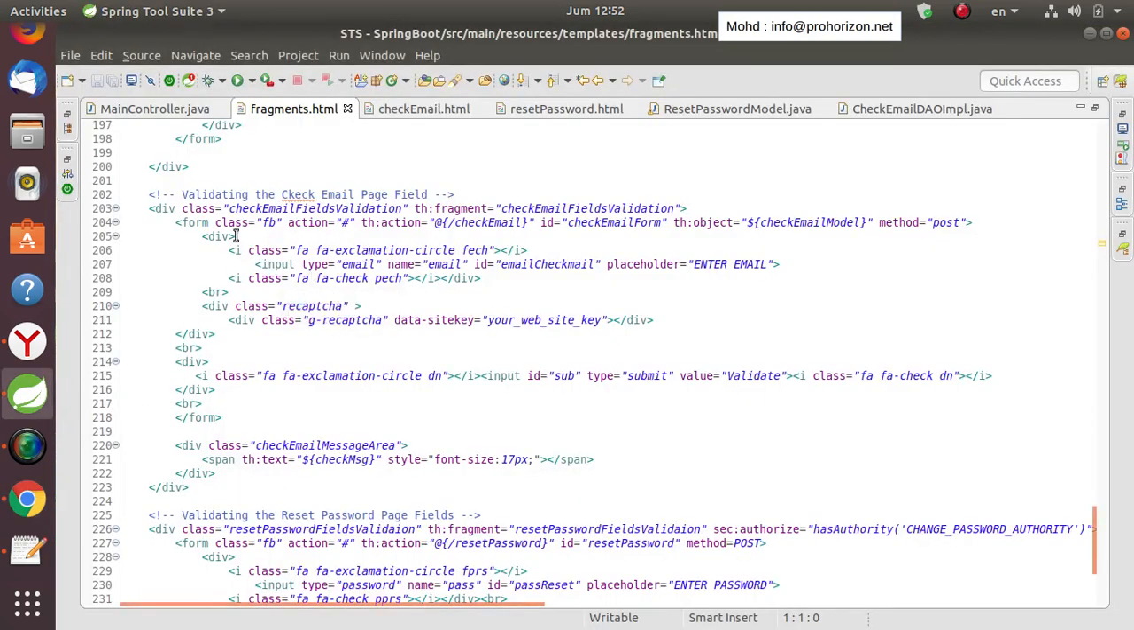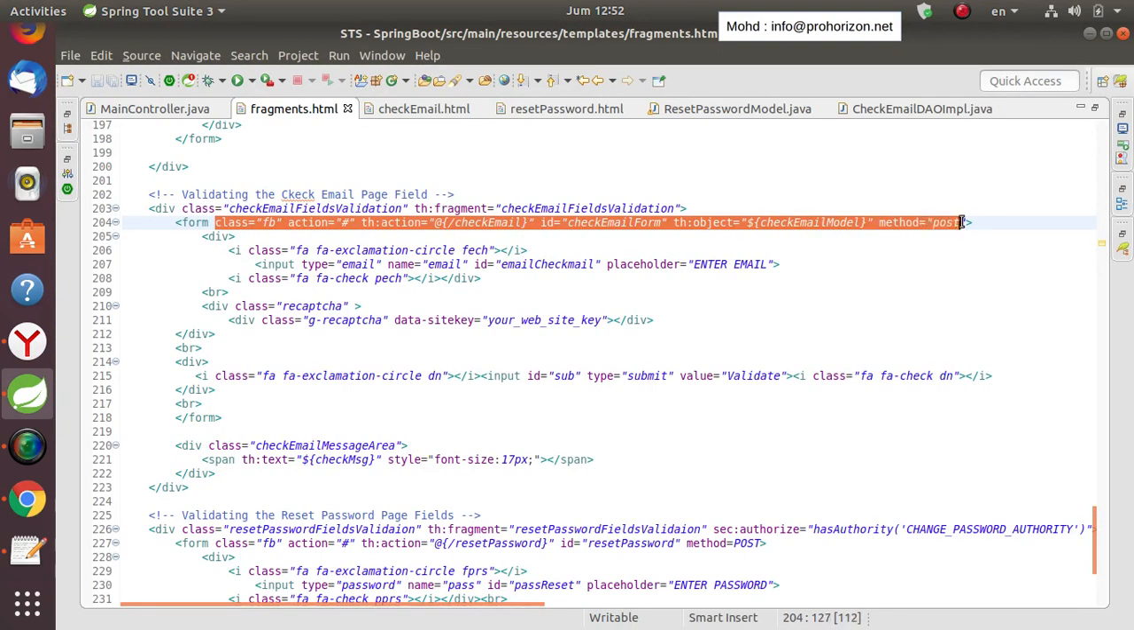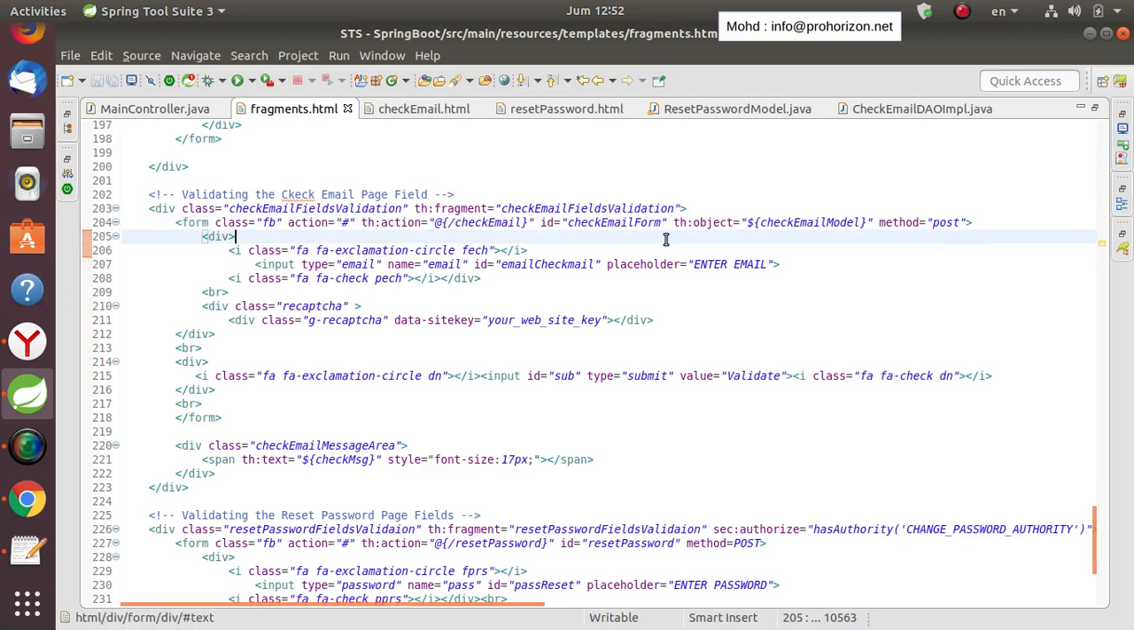I want to talk about this line, actually, the form line, which we have used to talk about in the previous videos for the forms. The action, we will keep it empty. The timely action will be check email. Check email. As you can see here in the controller,